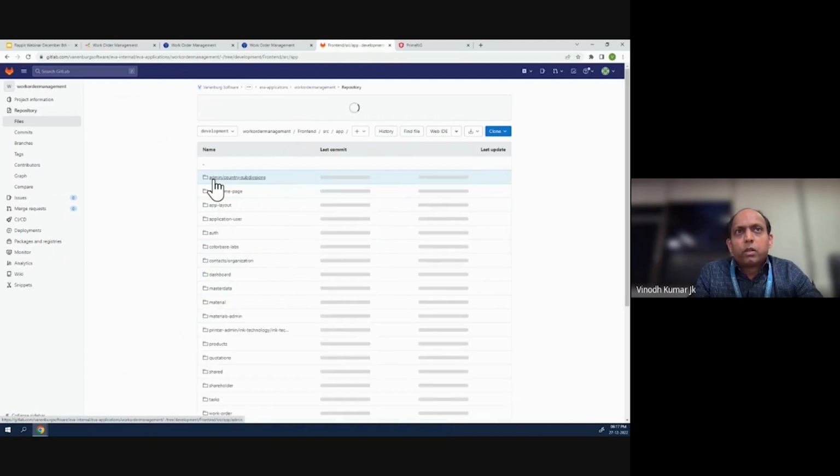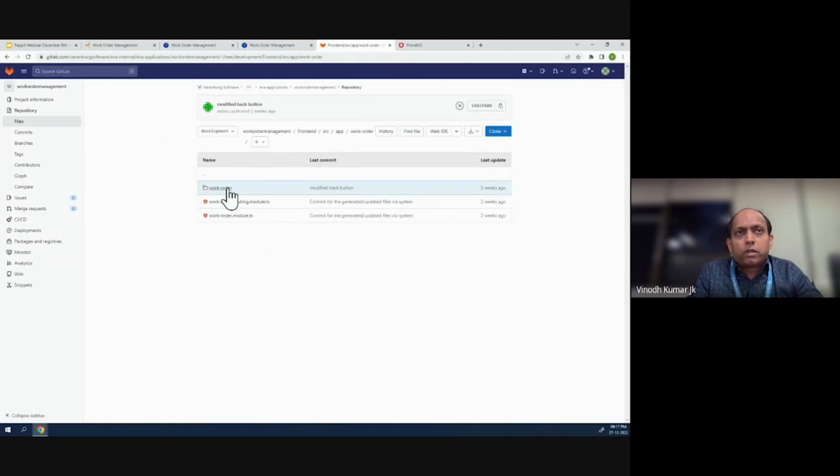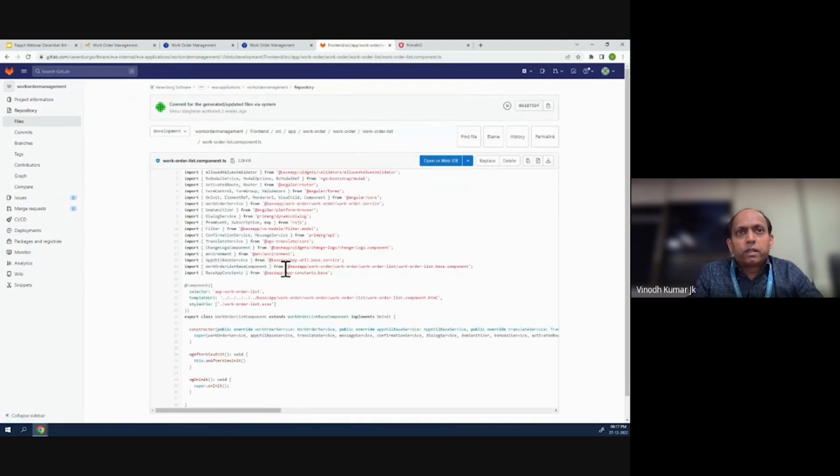You have the app, and then you have, for example, work order, and in work order you have work order list and work order detail. If you go to list, you have the TypeScript and the CSS files. So the TypeScript files, the system has generated all this code. So similarly, for every, for example,